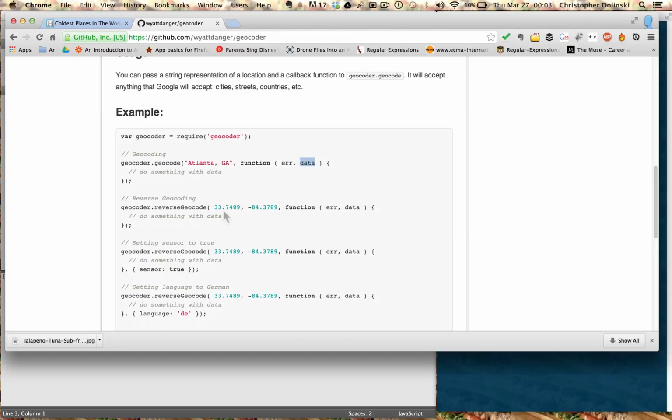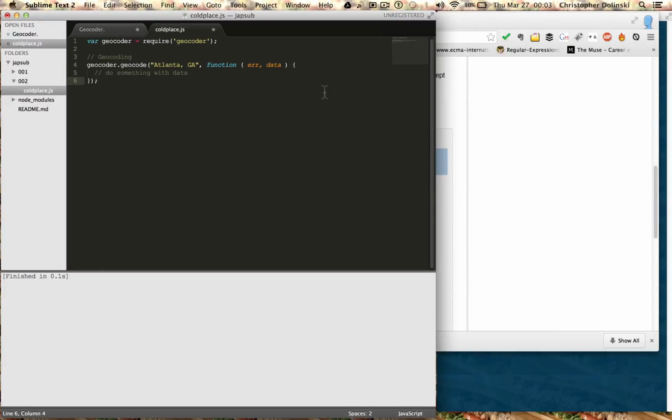The opposite would be you input latitude and longitude, and again it would return some sort of data or information. So we're going to stick with the most simple one today. It's just here. Good stuff. And so before we run that,